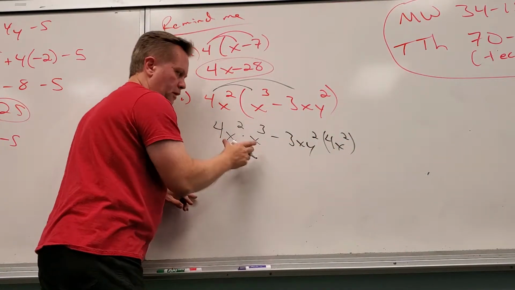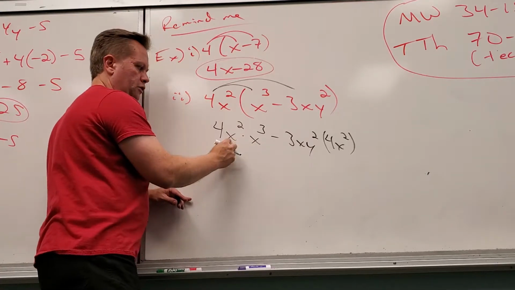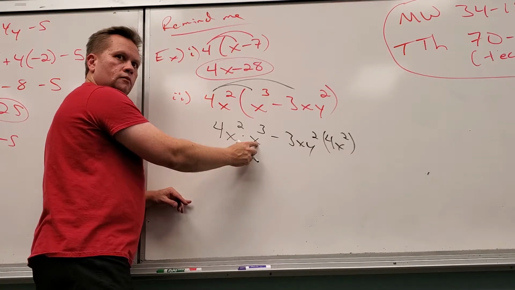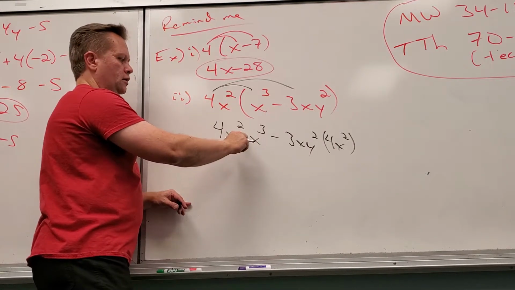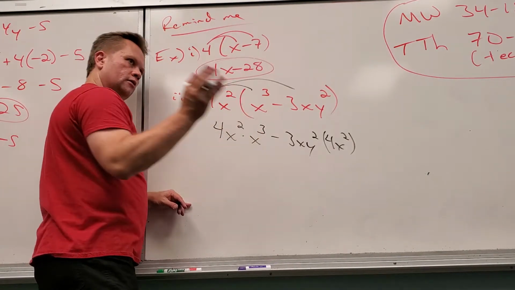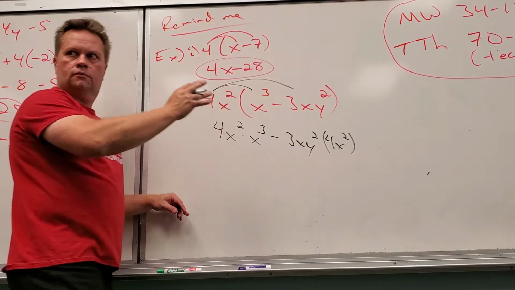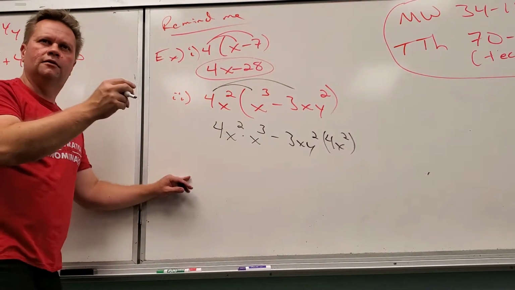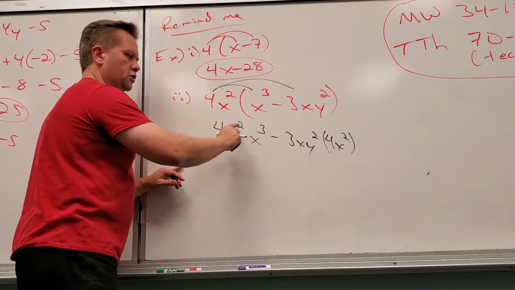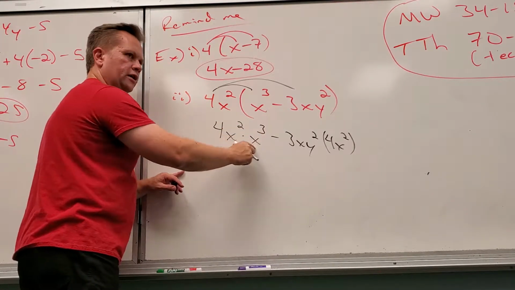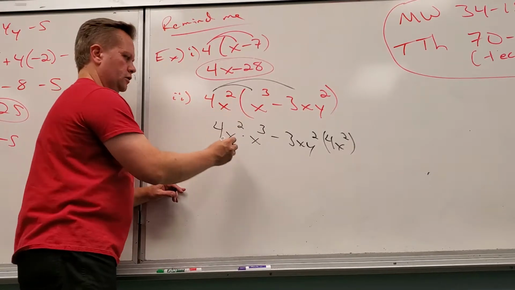And then next step is you can worry about what this is. Now what do you do here? Add them. Why? Because this is 2 x's in a chain linked to another 3. So there's 5 total. And again, this is where I go a little crazy and I say there is no 2 or 3 in this term. There is no 2 or 3. There's 2 x's, 3 more x's, 5 x's. This is 4x to the 5th